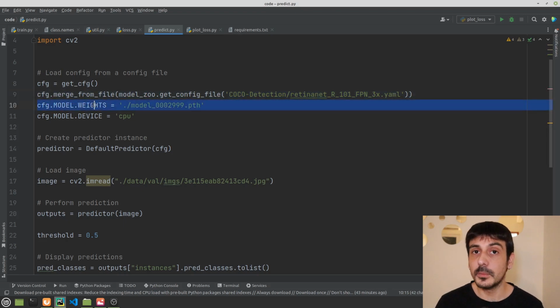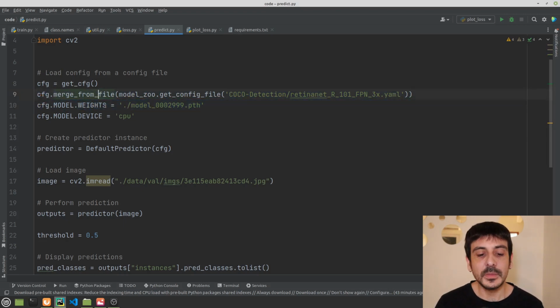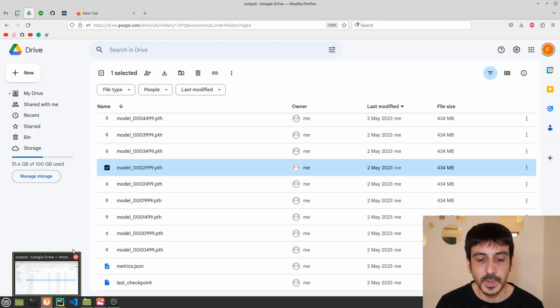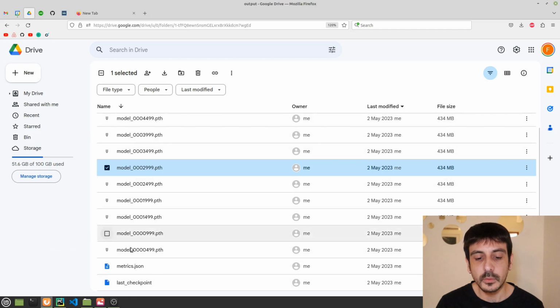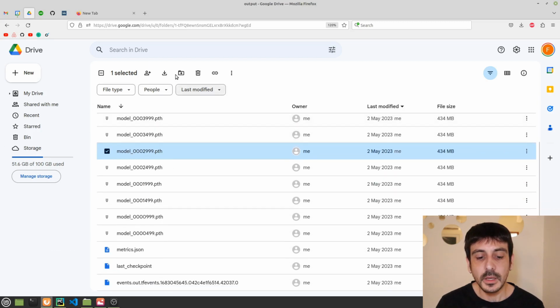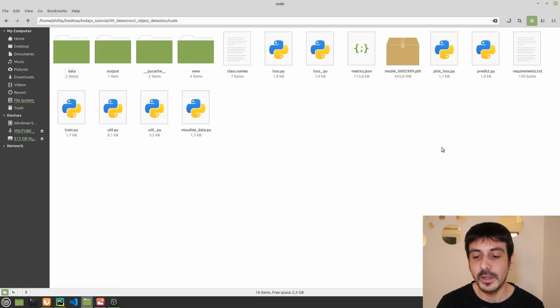Then, this is very important, I am setting the model weights to the location, the path of the checkpoint we are going to use. And if I show you my Google Drive, remember these are all the checkpoints we generated with this training process, and as I am going to use the one we generated at the 3000 steps, this is the one I have already downloaded and it's already in my file system.